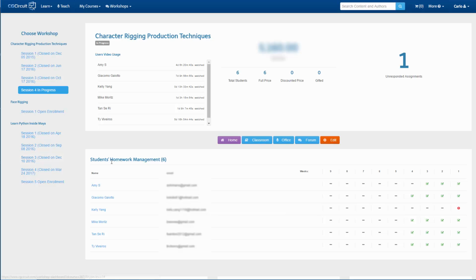Below here you see the homework management. So you see still the list of students that you have enrolled in your workshop. Here you see their emails. And then through a system of icons, you can see which user or which student you need to provide feedback